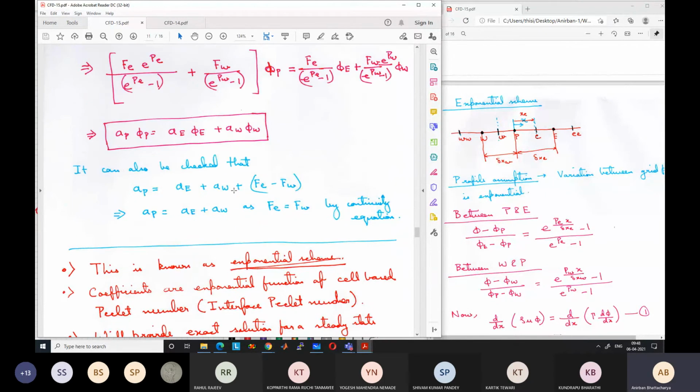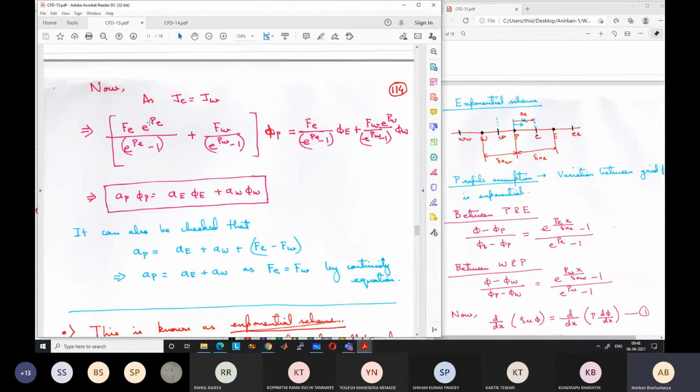How are exponentials calculated? Does anyone know? How does the computer calculate exponentials? So e to the power x, if I want to find, say using MATLAB or any other software, for a value of x equal to 10, how will it calculate e to the power x? It does not have a table, right, for calculating. So it has to calculate based on something. How will MATLAB or any other software calculate e to the power 10? So maybe using Taylor series.